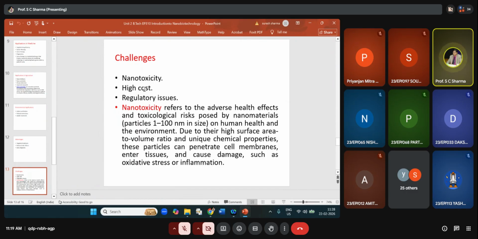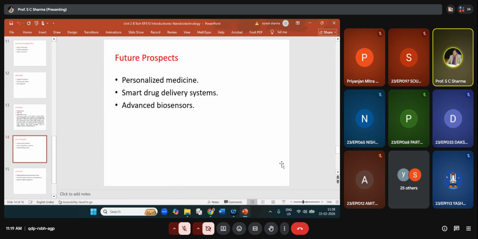Okay, high cost, of course. If you take the example of MRI, it is very expensive. Regulatory issues. Then future prospects: personalized medicine, smart drug delivery systems, advanced biosensors. We have already explained about biosensors. So nanomaterials like carbon nanotube and graphene can be used for the detection of different biomolecules, including cancerous biomolecules,